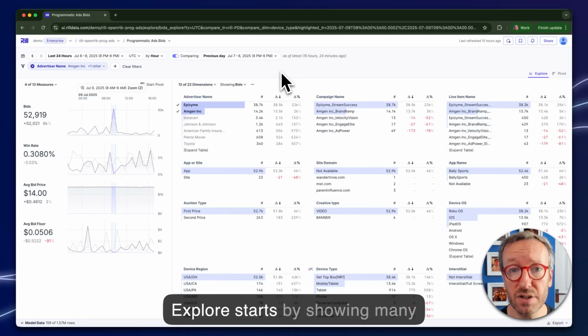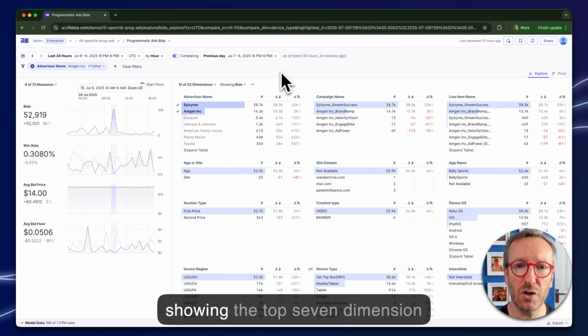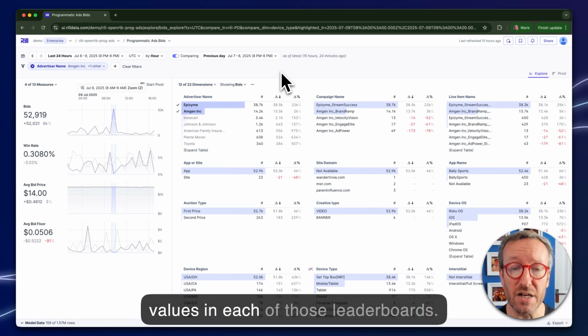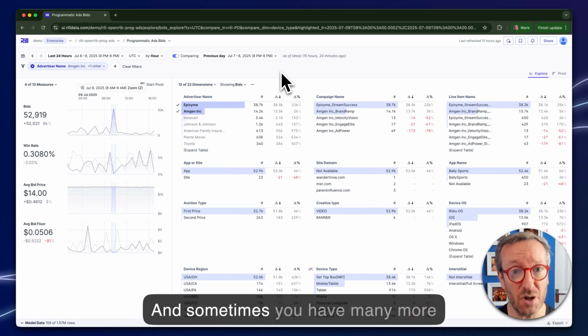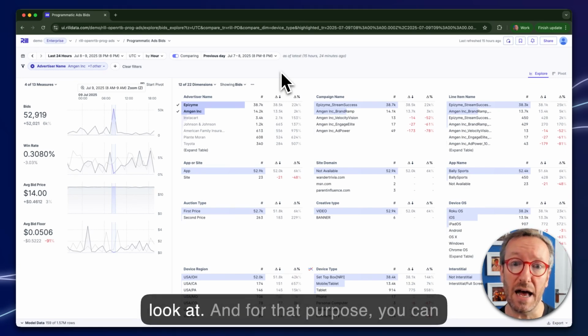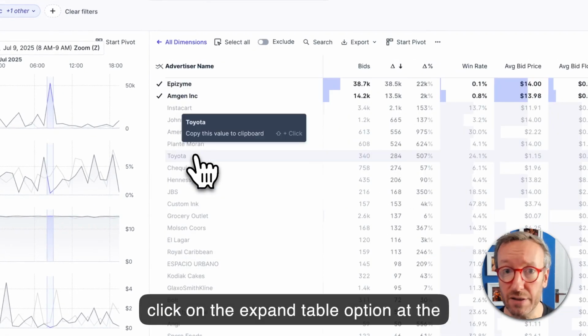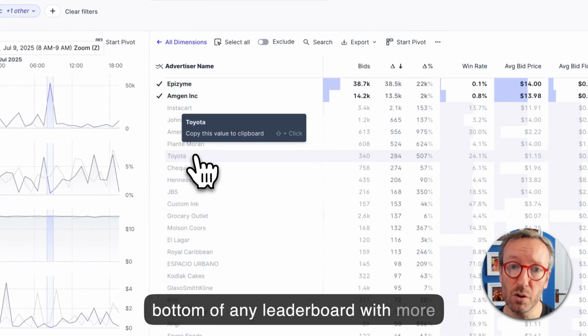The Rill Explorer starts by showing many leaderboards at once, which is useful, but it also means that we're only showing the top 7 dimension values in each of those leaderboards. And sometimes you have many more values that you want to be able to look at. And for that purpose, you can click on the Expand Table option at the bottom of any leaderboard with more